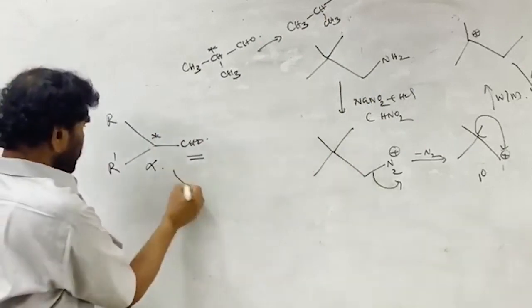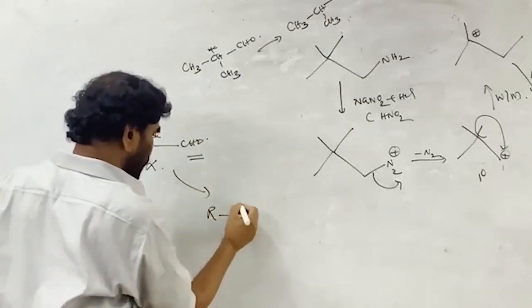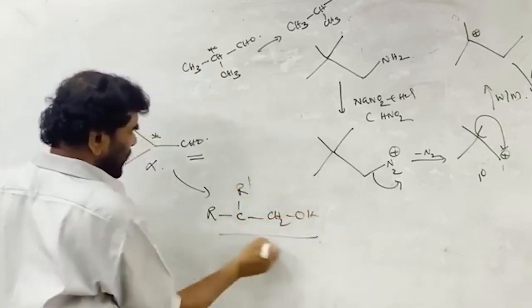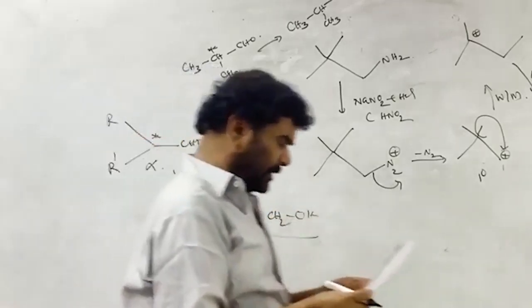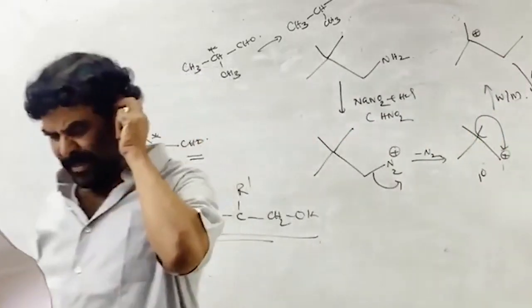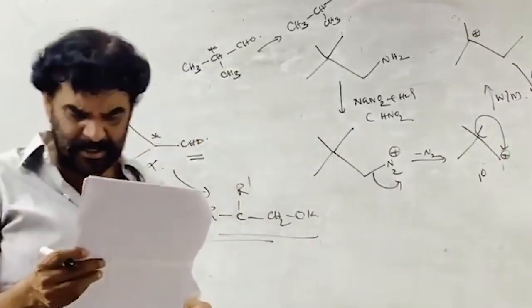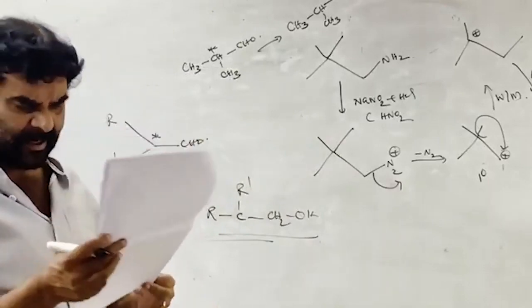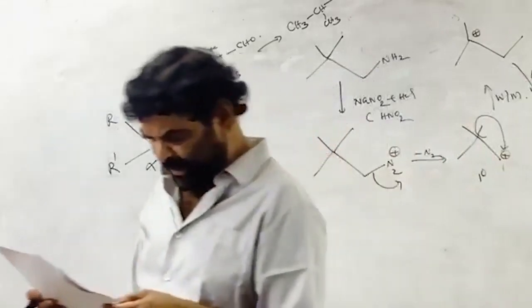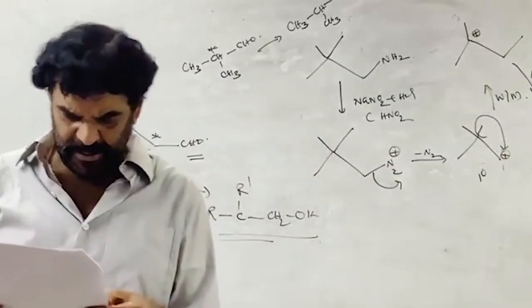So here, if you come to this one, our product R prime CH2OH is the product of the reaction. That is, C is correct. Now the matching question. See here, the halides are given, and on the other side SN1, SN2, E1, E2 are given. See, the first one is A, you check. For this, A is the correct option.